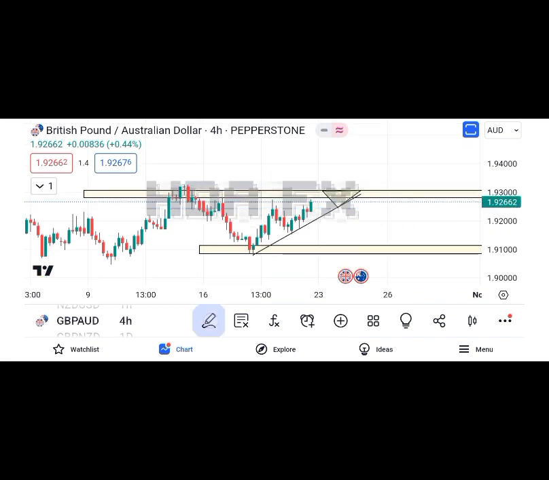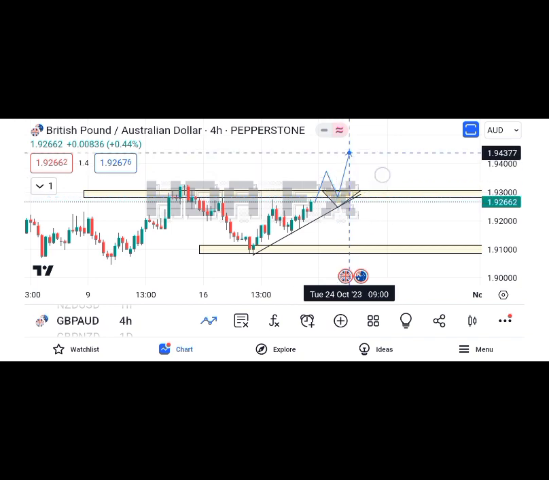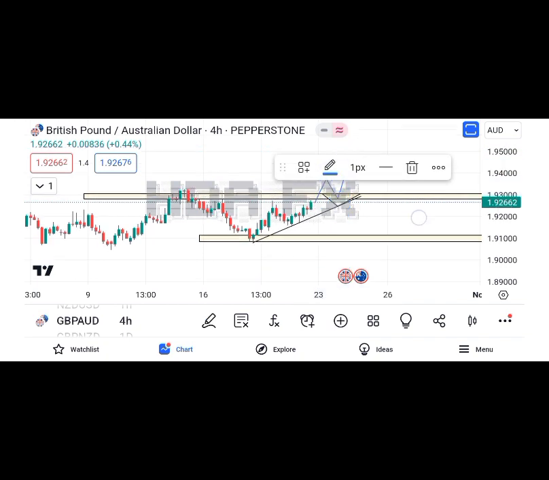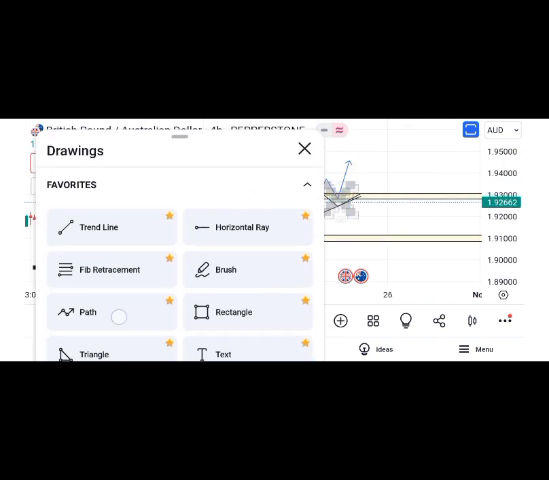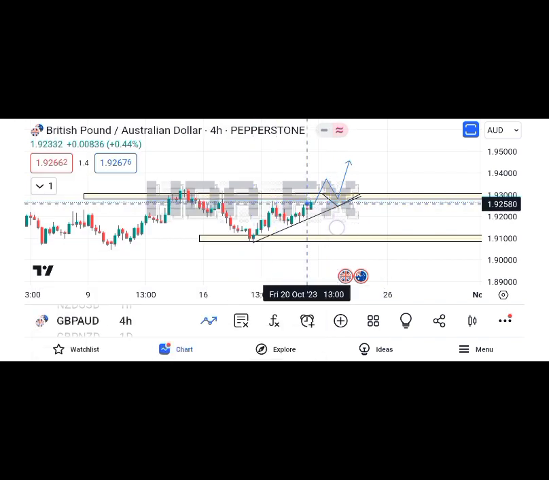So now I want to see this happening on GBPAUD. I want to see GBPAUD break the structure here, then wait for a retest into this zone, then look for buying confirming candles, then buy for GBPAUD. Or it's likely that price can just do this. Price can just get here, then bounce to this point here. So I want to see price touch this trend line, then wait for a buying confirming candle, then buy